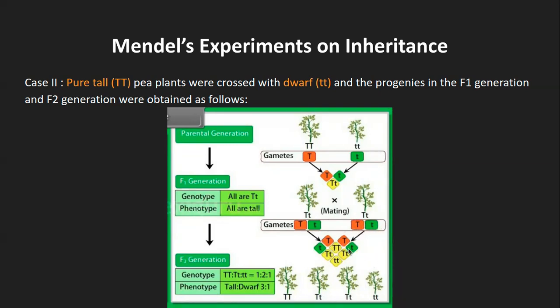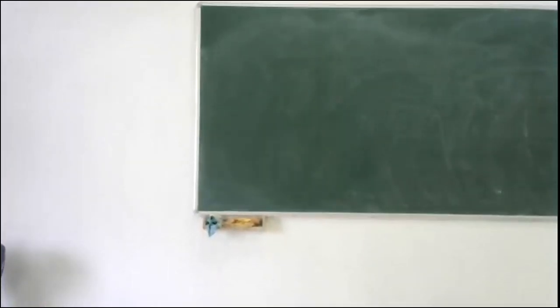Based on the possibility of the combinations, there will be three different genotypes. What you can see here is capital T capital T, then there will be two of capital T small t, and one small t small t. So the same example, I will again go back to the board and explain in detail how exactly it is done. If you want, you can ask questions in between if this part is not clear.